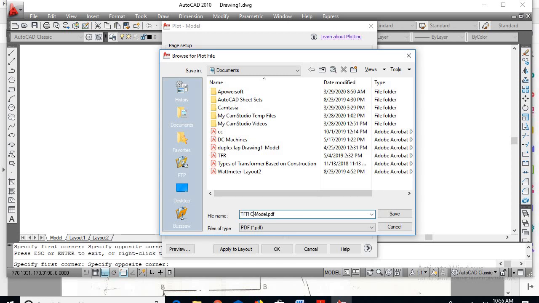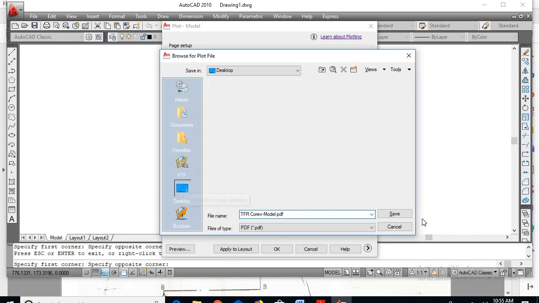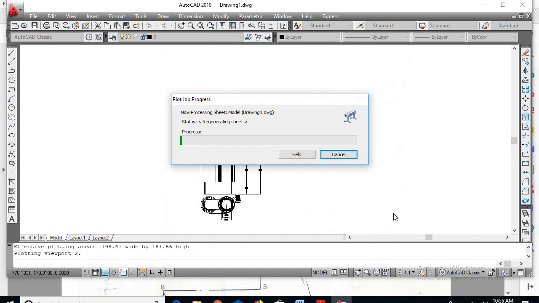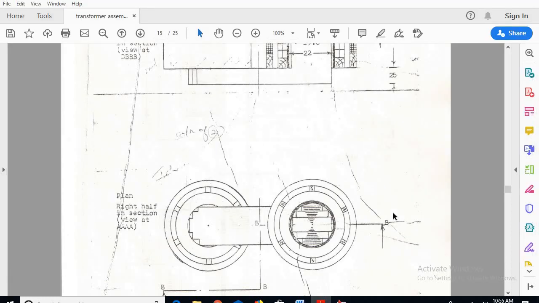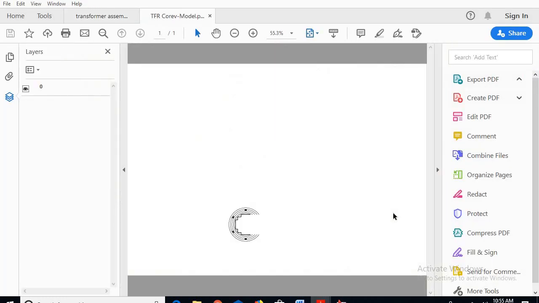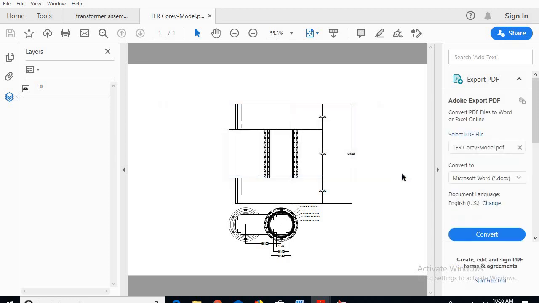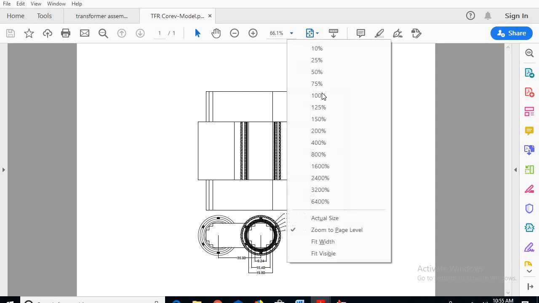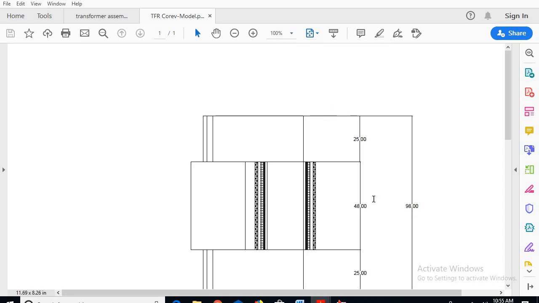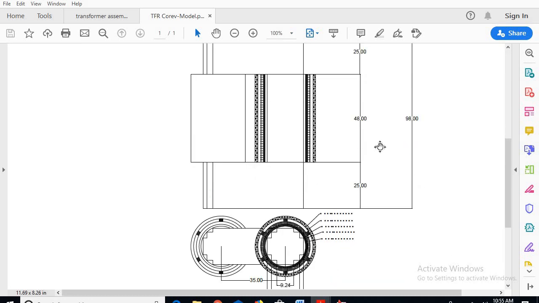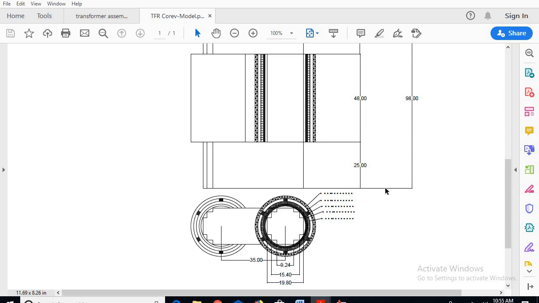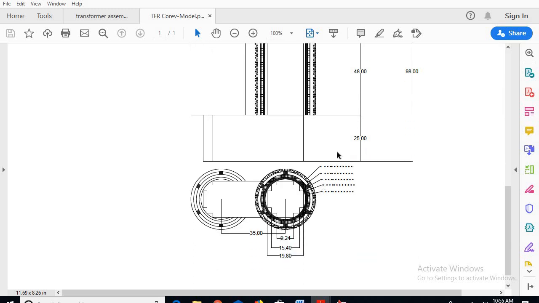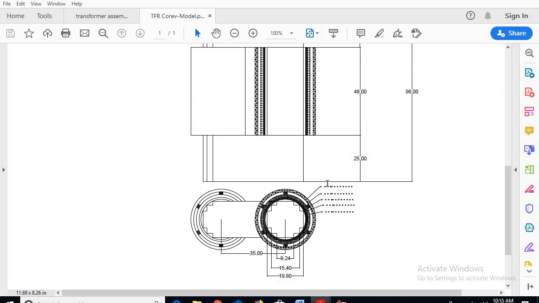Transformer 4, and on the desktop, save. If I take the printout, it will be looking like this. You can see here while going for the print, we are getting dotted lines here.